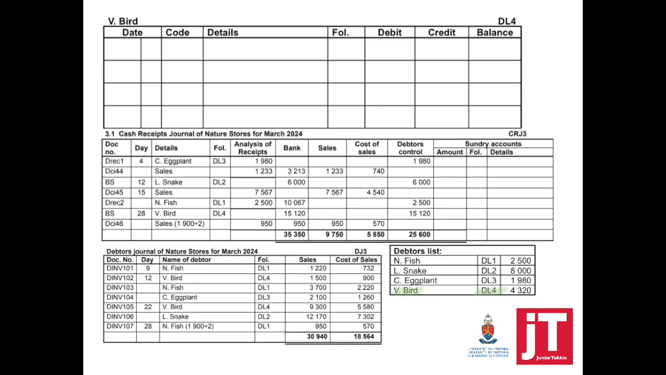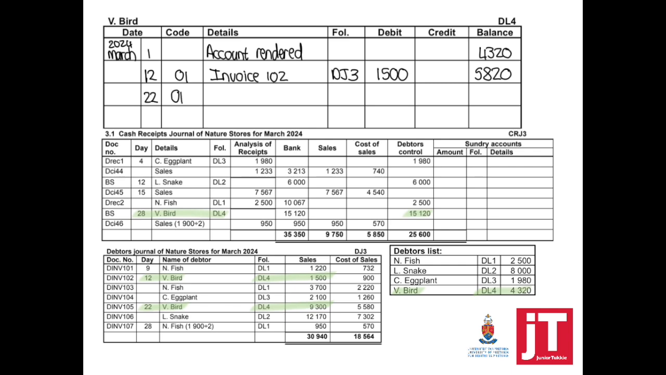Then V Bird, the last debtor, number 4. We start with the account rendered on the 1st of March 2024, 4,320. On day 12, we sold on credit from the debtors journal, invoice 102, debit 1,500, my new balance 5,820. Then on day 22, we sold goods on credit from the debtors journal, invoice number 105, the amount 9,300, and the new balance